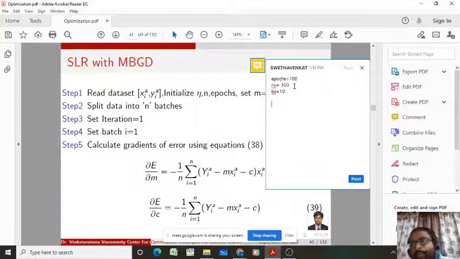Batch size means the number of samples in each batch. Then the total number of batches equals the total number of samples divided by the batch size, that is 100 divided by 10, which equals 10. So 10 batches are available.